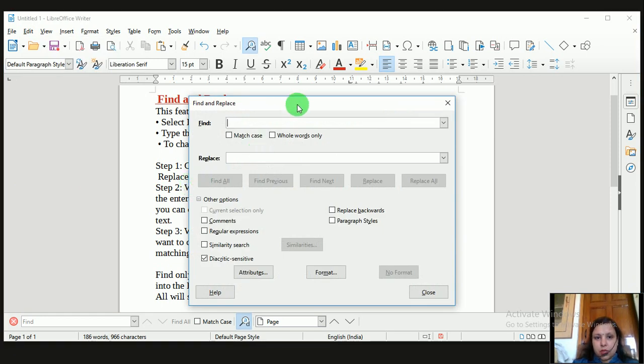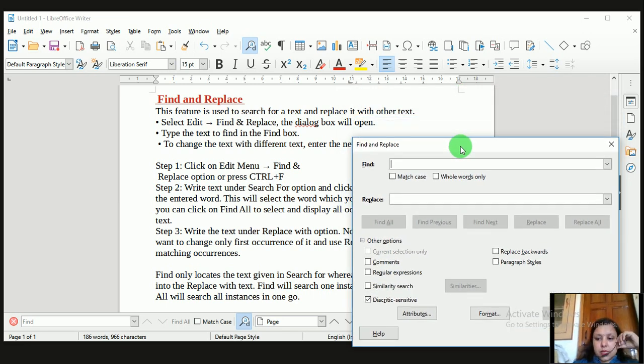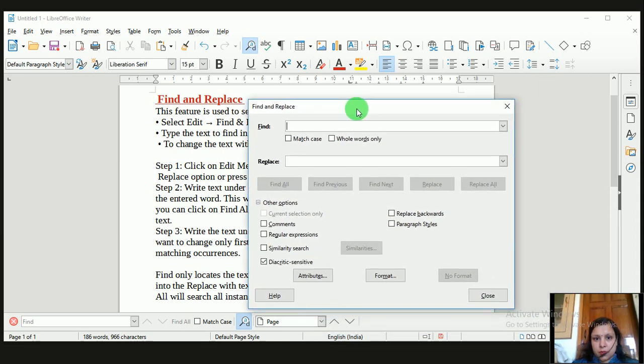So here in this case, what is the use of find? Basically, we find something or some words in our file. Just suppose there is a page having the result of your exam, having thousands of records, and you just want to find whether your name is there or not. If you find it sequentially by scrolling your mouse, it will take a long time, but with the help of this find option you can find it quickly, whether your name is available in that page or not.